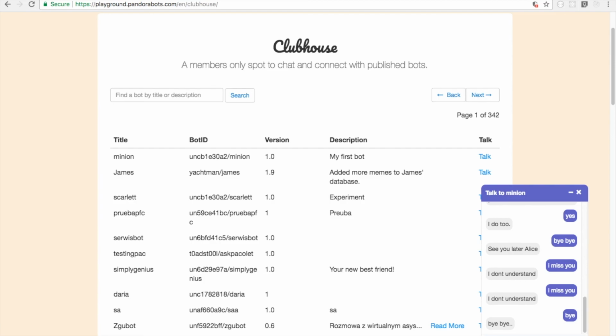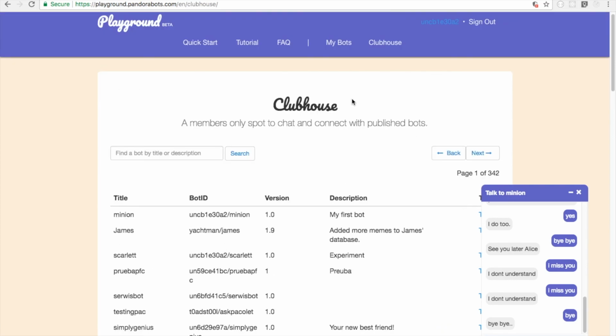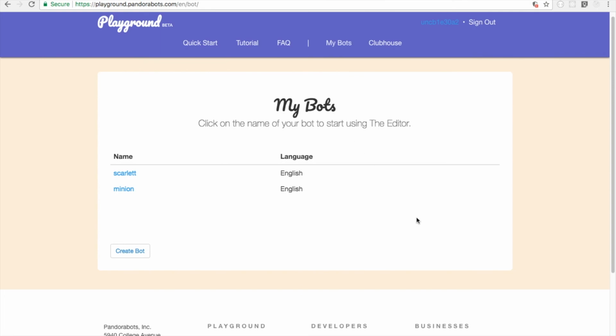So now we have seen a basic structure of how we can define a bot, how to use AIML, and we have all set. So this is our bot. I got one more bot inside my bots. That's so cool. We created a bot. That's so nice. I hope you all enjoyed and understood how to create a bot.